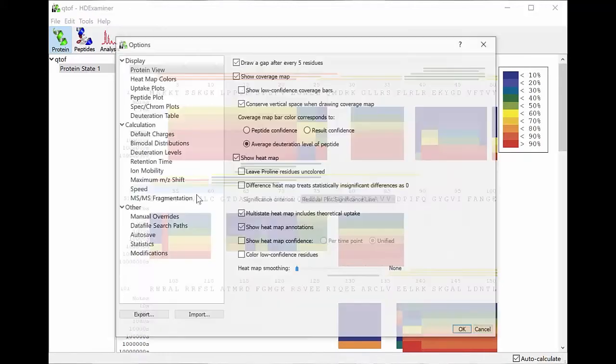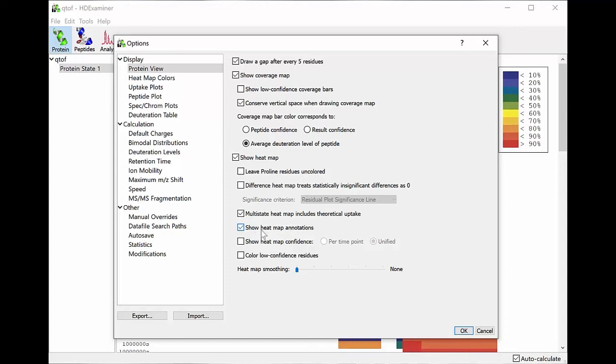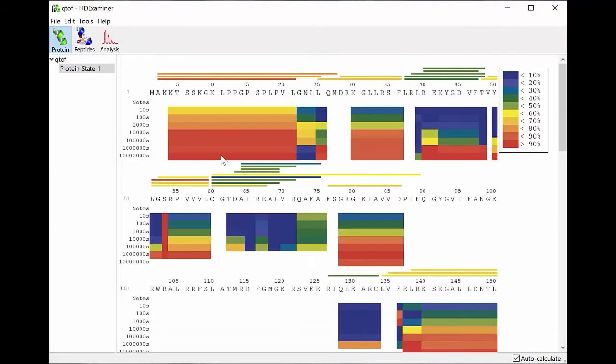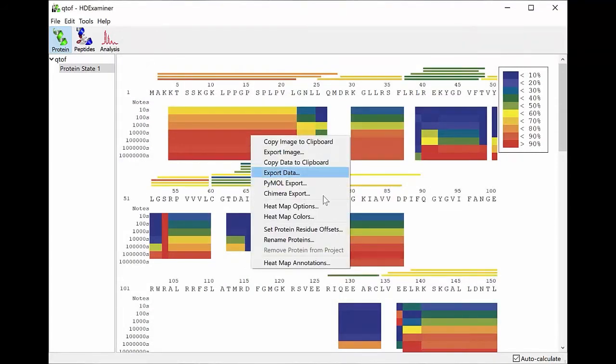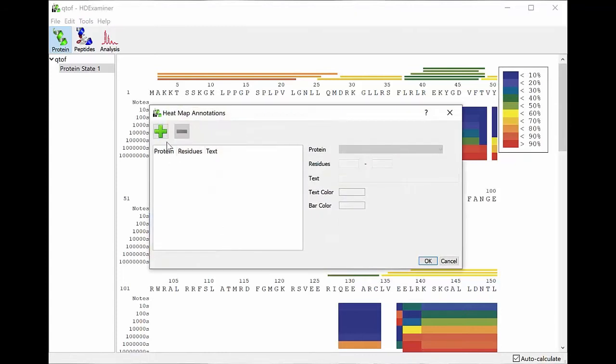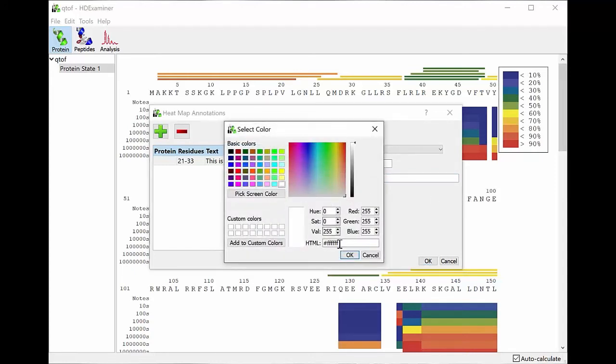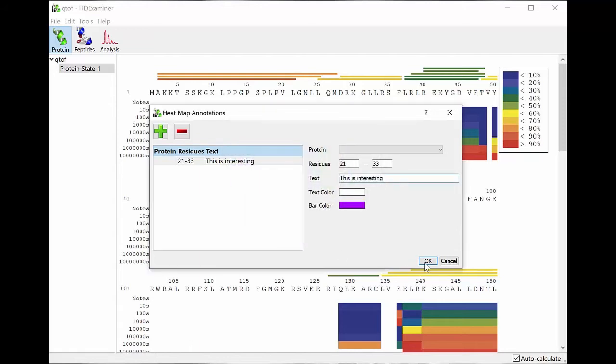If you go to heat map options, you'll see that there's this checkbox for heat map annotations that determines whether they are shown or hidden. And then to add annotations, you just right-click on your heat map and select Heat Map Annotations. So you can add one. Let's say we want from residues 21 to 33, and we want it to say "this is interesting." And let's make the text color white, and let's make the bar color some kind of dark purple, and hit